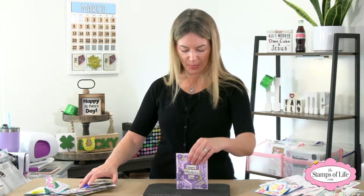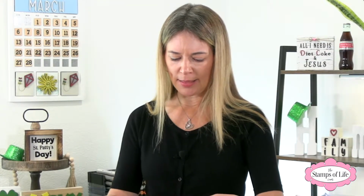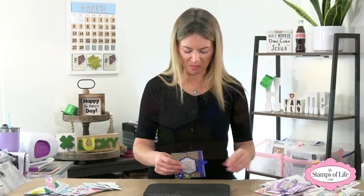So fun. Such a different way. I love that. Who made that one? Oh, it doesn't have a name. Oh, poo. It doesn't have a name. I think it's Cheryl though. I think it's Cheryl because it's got 3D ink on it. Okay, here's one. This one's by